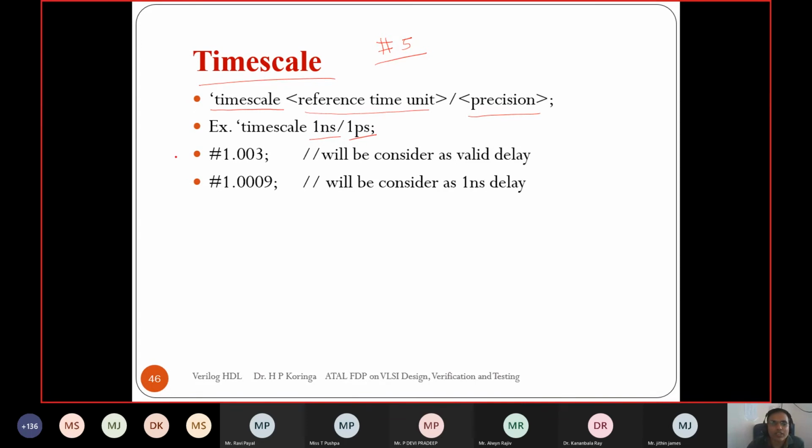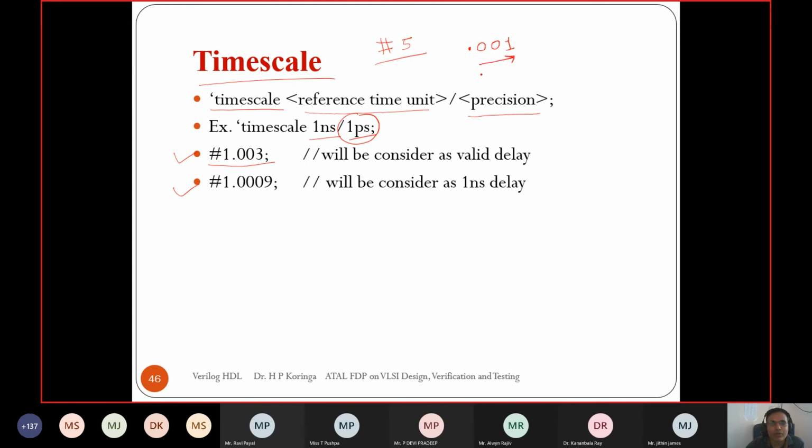So let's take two examples to understand the effect of precision on the timescale. In the first example, we take 1.003, and the precision is 1 picosecond, right? So it can take the data up to 0.001 in nanoseconds.